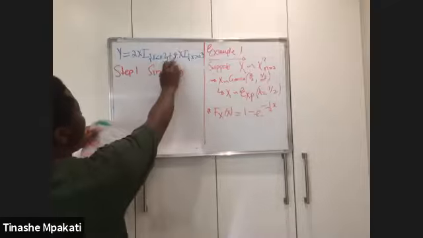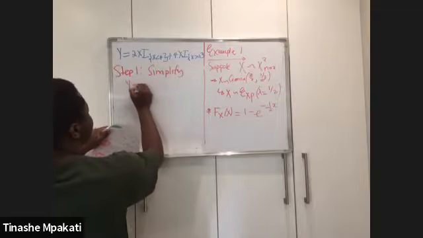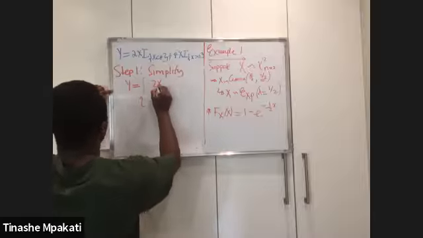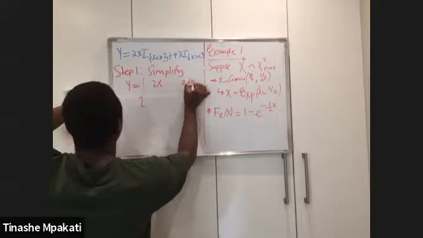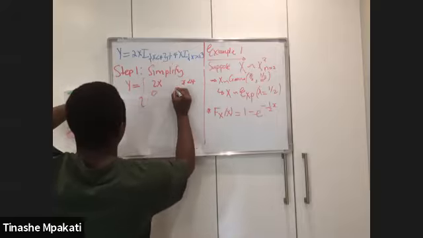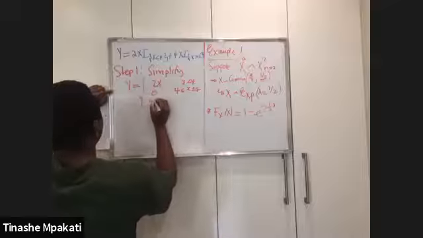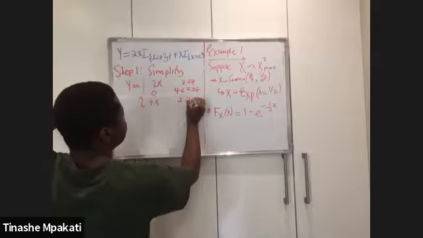What this is simply telling us is that this y random variable that you are given here is equal to 2x when x is less than 4, and 0 when x is between 4 and 8. And then it is equal to 4x when x is greater than 8.